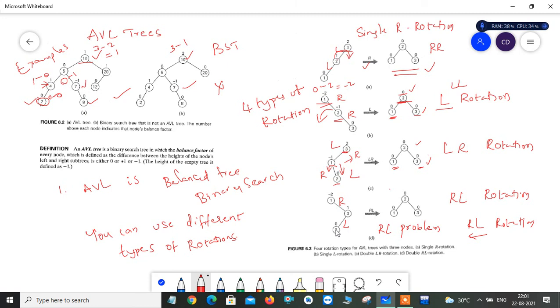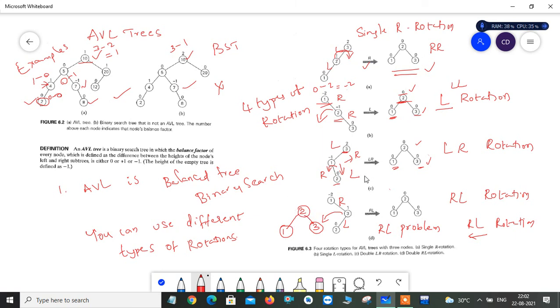So what will your right rotation do? Now 2 becomes the parent. So now you can perform this left rotation. Right, so now see here. This becomes the right child of this, and then here you can perform the left rotation, that is, 1 becomes the left child of this particular node 2.